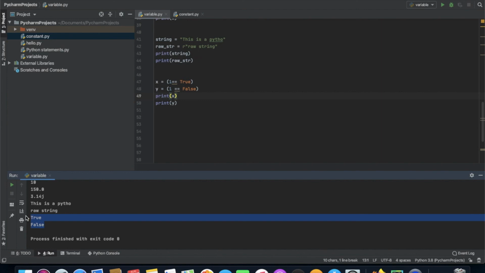So we will be keeping this much in this video: how we can assign a value to a particular variable, how we can work on constants, and how we can work on the different types of literals which we have talked about, like string literals, numeric literals, Boolean literals, and there is a list collection also. If we go into depth, then this video will become too long, so we will be keeping this much only.